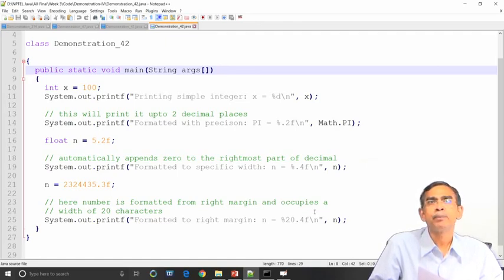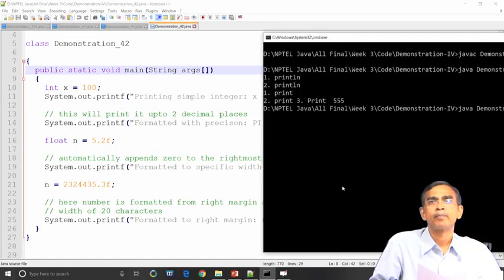So, in that case if we print n, definitely it will print 5.2000, that is 4 digits after the decimal. Now, if we assign this value like 0.3f, and again print it with a different format, %20.4f, you can understand what it will do. It will print 4 digits after the decimal and before the decimal a maximum width of up to 20. Now, let us run this program, then we will come to the discussion again.